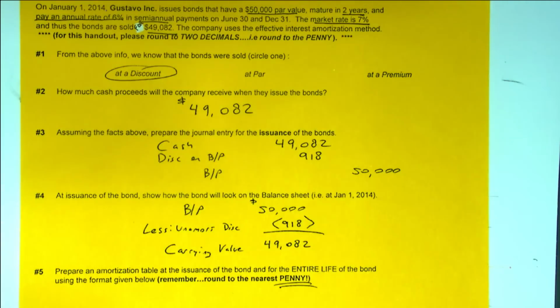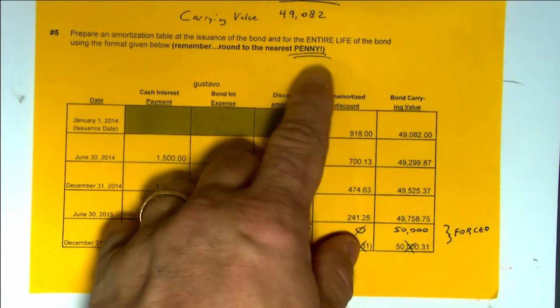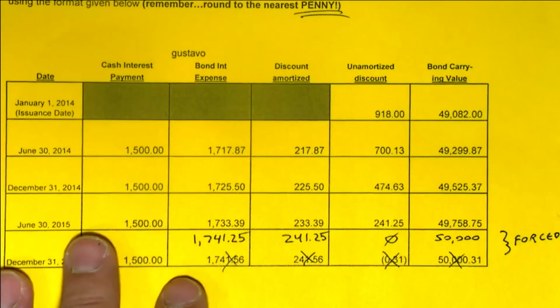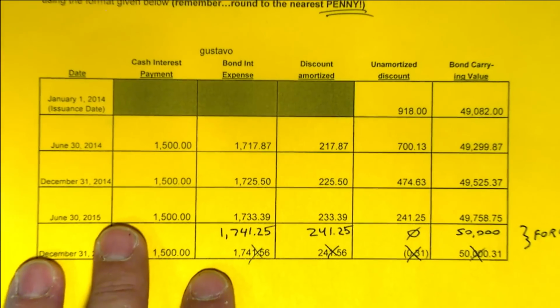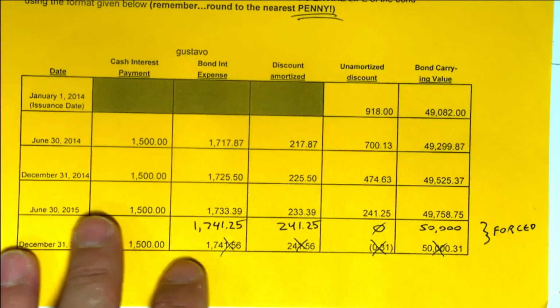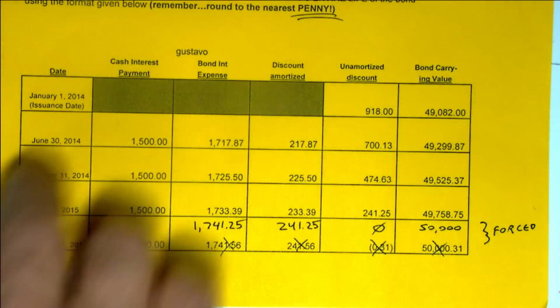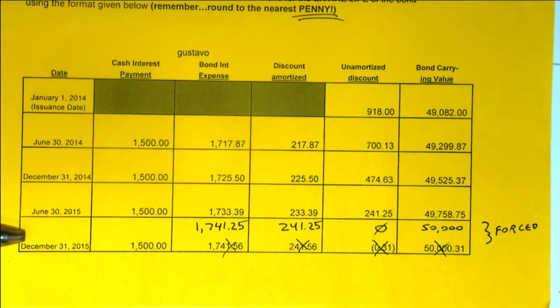Okay, now I want to look at the amortization table, and let me zoom in on that as much as I can. Again, I had you round to the nearest penny. The reason I had you do that is because for this bond, I don't always do this, but this was only a 2-year bond, is that correct? This is only a 2-year bond. Is that right? So you see the entire amortization table in front of you, since it's only a 2-year bond. This is the maturity date, December 31, 2015. So,